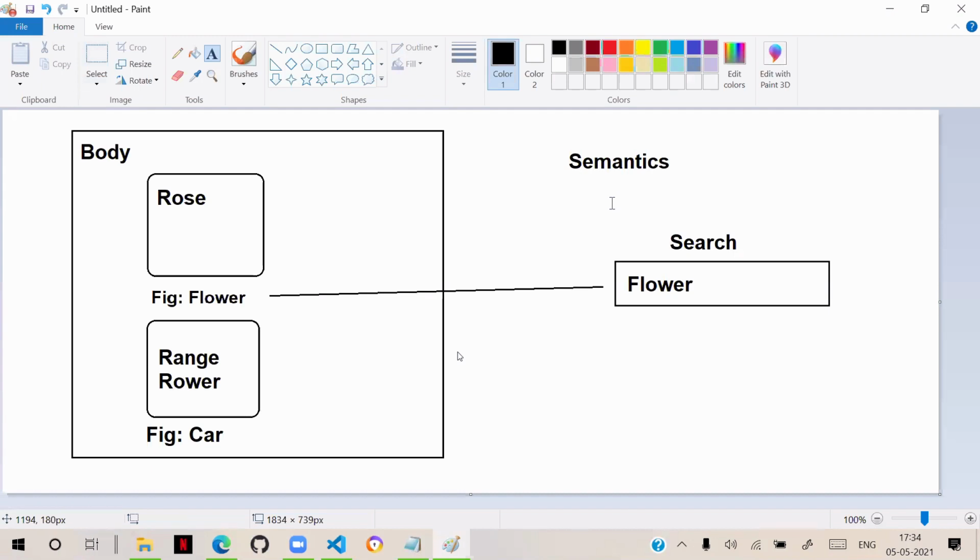Semantic is nothing but, in simple terms, to make you understand, we can say that semantic means it will show the concept-oriented content. That means which is concerned, which matters.